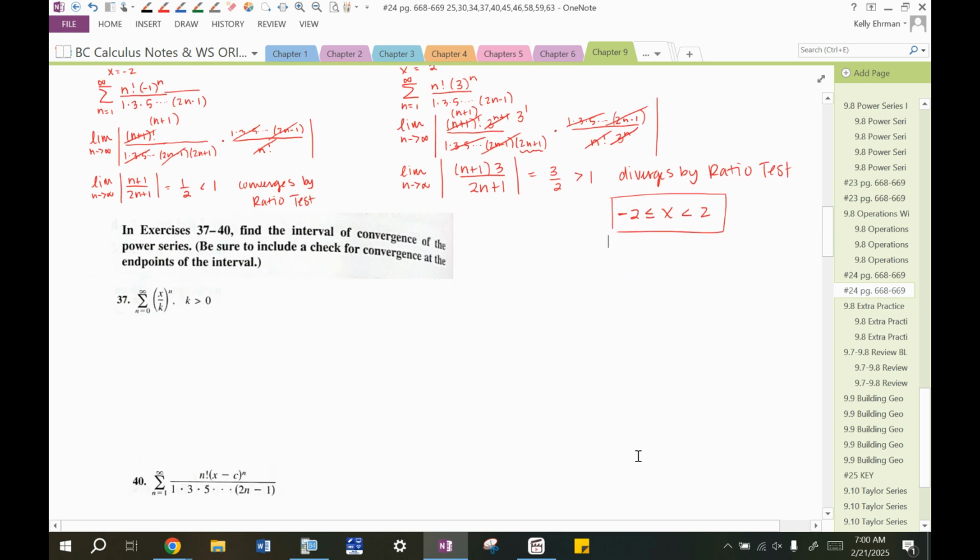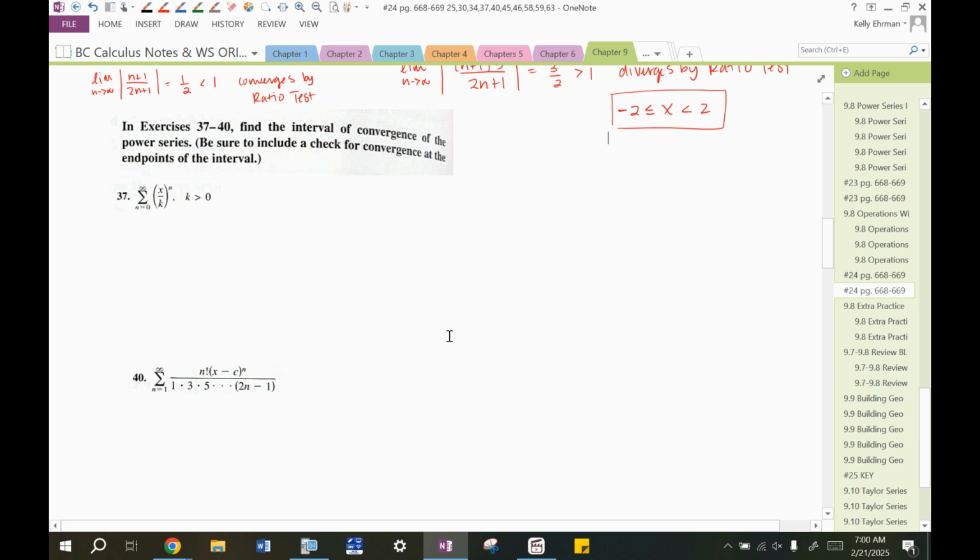All right, let's take a look at 37. Find the interval of convergence of the power series. Be sure to check the endpoints. Okay, so this one is just sort of generic. This looks like a geometric series, so I'm not going to do ratio test. I'm going to say I know that this converges by geometric series test